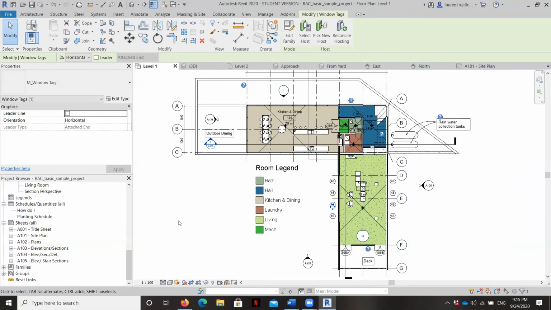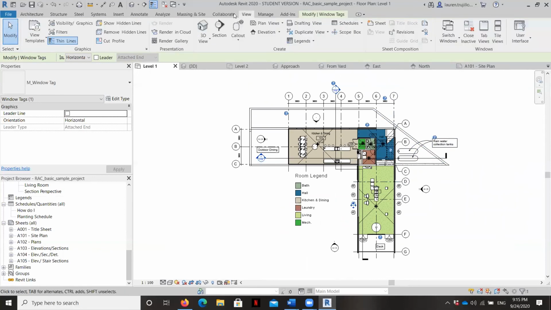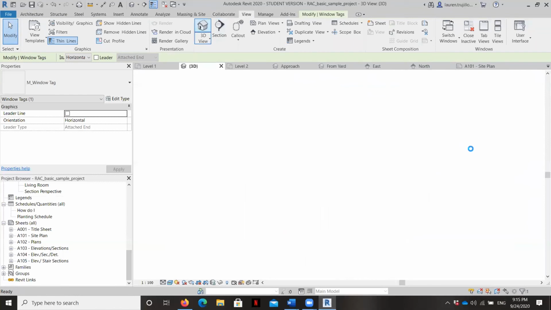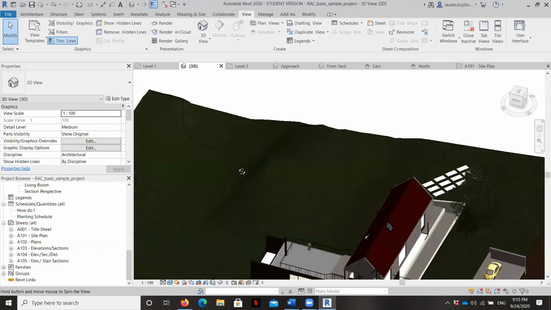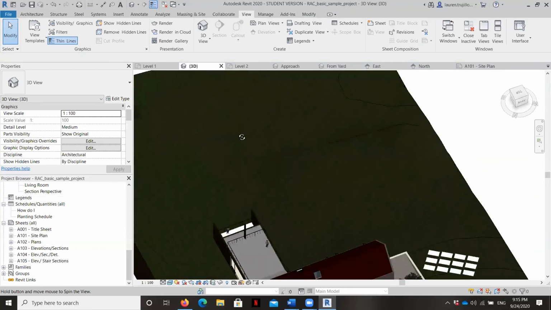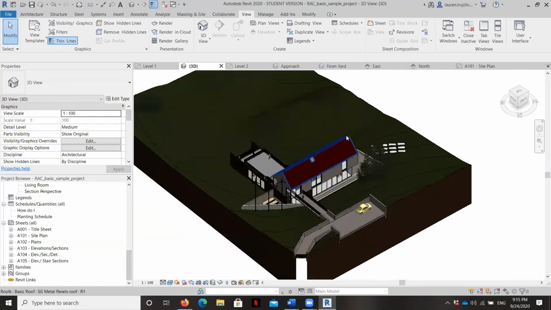So what I would like for you to do now is take a few minutes to play with this model, see what happens if you click on different 3D views, or if you decide you want to hold down your shift and the wheel on your mouse and roll this thing around and really see it in a bunch of different ways. You can select things, hide them, delete them. You're not going to break anything. This is a sample project, so it doesn't really matter what you do to it because we're not going to be messing with it much more for the remainder of the term. So it's yours to have fun with, okay?